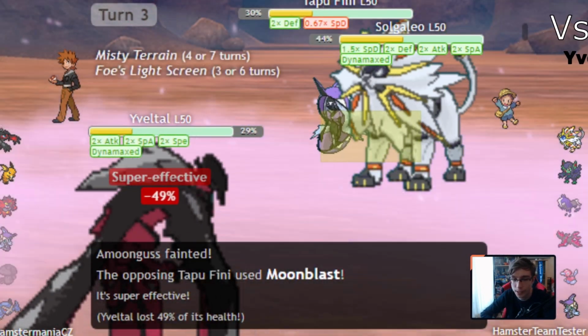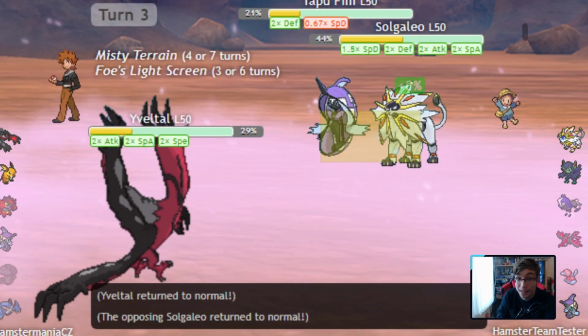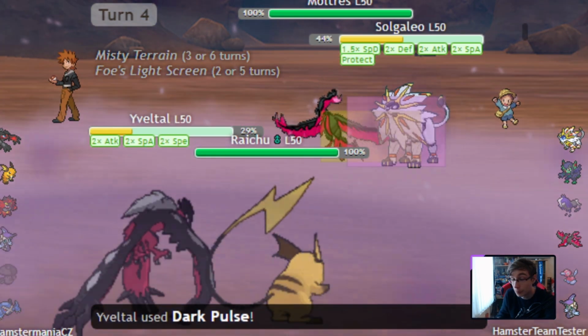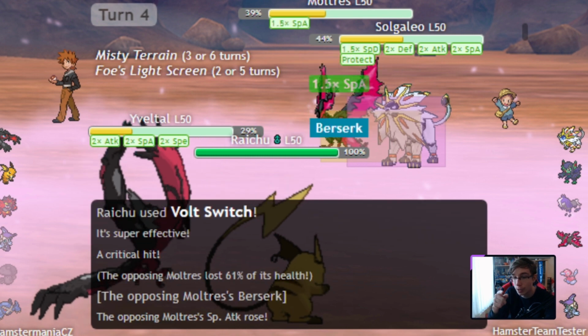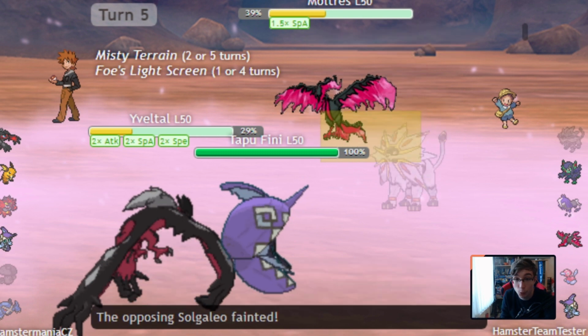So, if you're wondering why the opponent didn't go for Max Rockfall in the Yveltal tournament, this is why. I get +2 special attack, Dark Aura and STAB, but with the special defense boost and Light Screen, look how low the damage is. Also, I'm going to mention that this crit I did on Moltres actually made the game plan worse for me